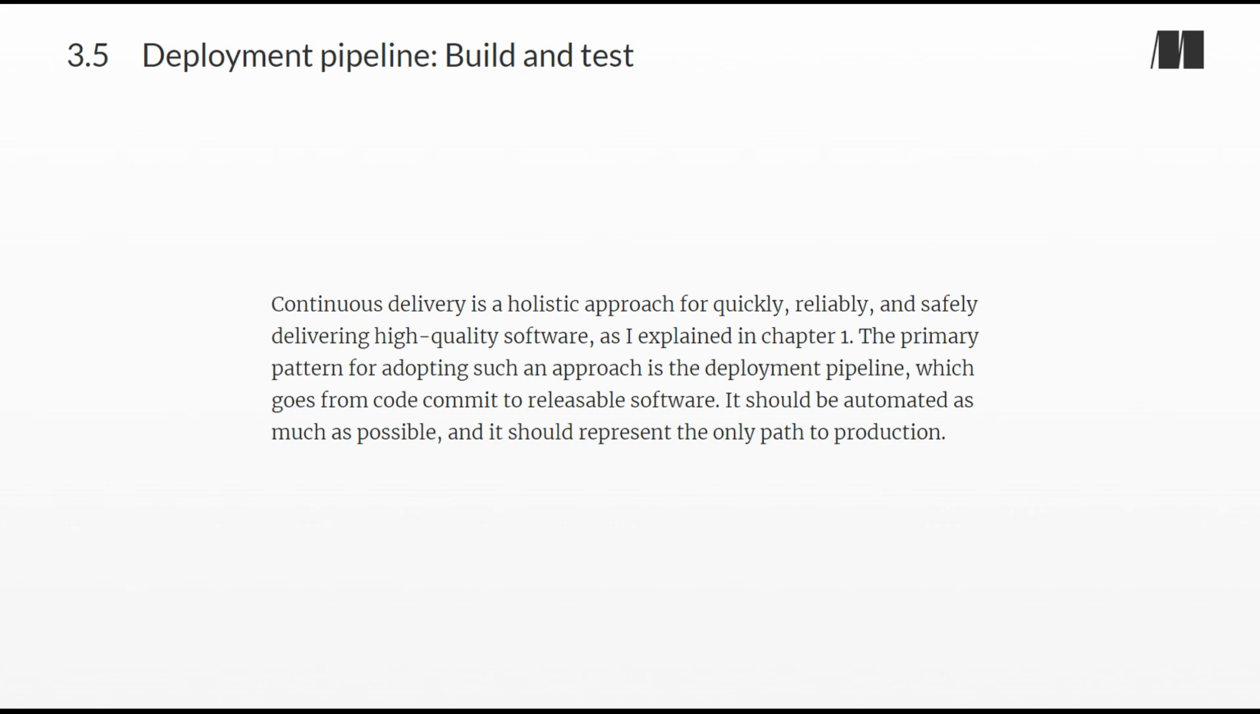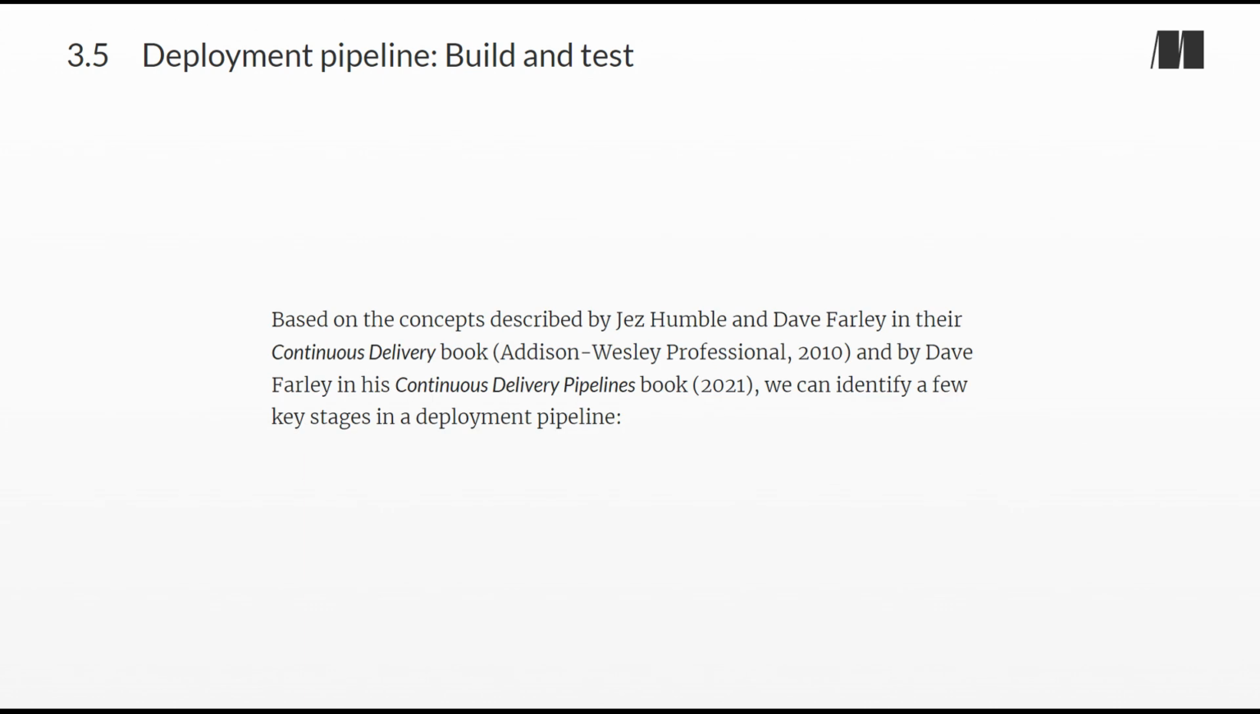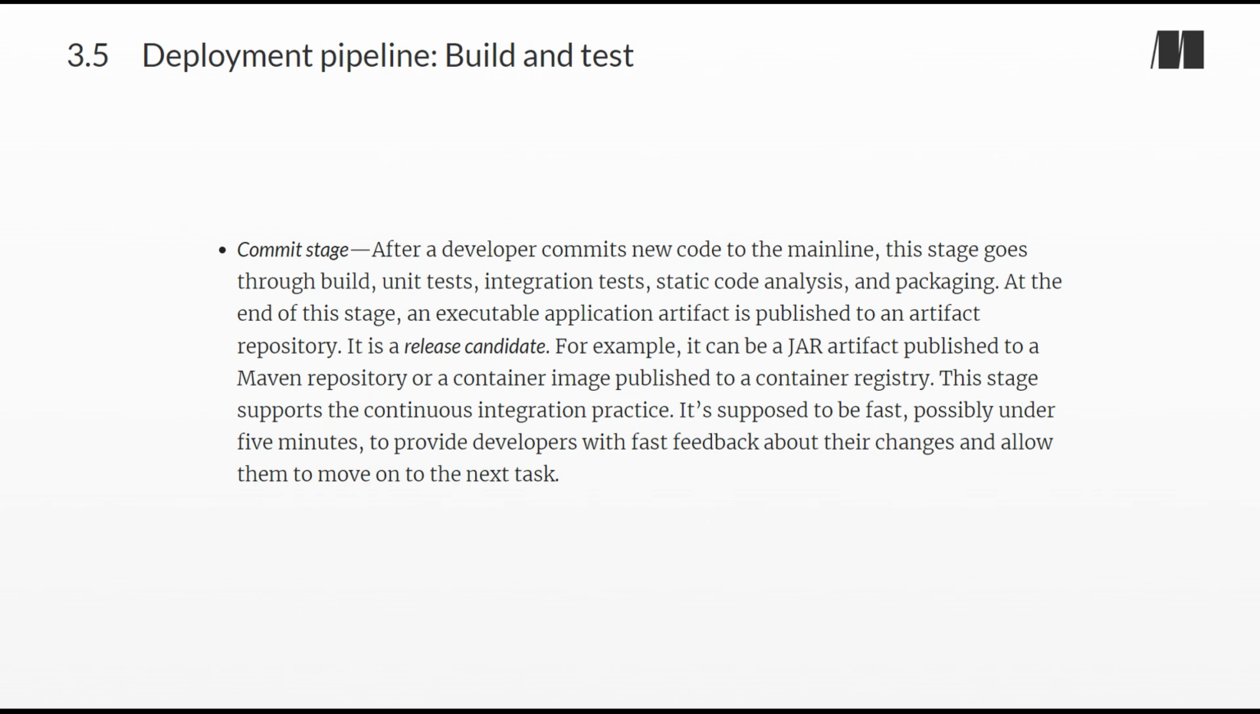It should be automated as much as possible, and it should represent the only path to production. Based on the concepts described by Jez Humble and Dave Farley in their Continuous Delivery book, Addison Wesley Professional, 2010, and by Dave Farley in his Continuous Delivery Pipelines book, 2021, we can identify a few key stages in a deployment pipeline. Commit stage. After a developer commits new code to the mainline, this stage goes through build, unit tests,